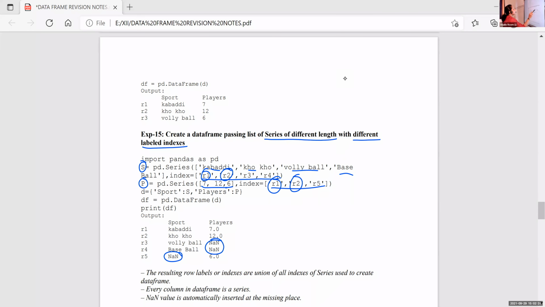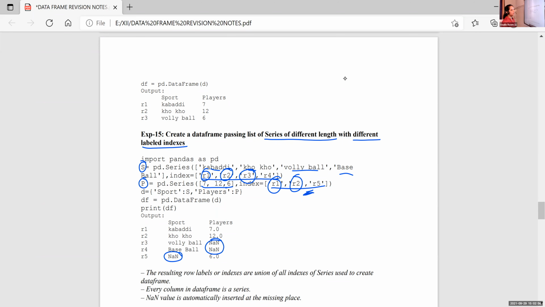But in the case of volleyball, the row name is R3, but that R3 is not in P. So for R3, the sport name is volleyball, but the player value is NaN. It is not there. The player value for R3 is absent here, so the result is NaN.